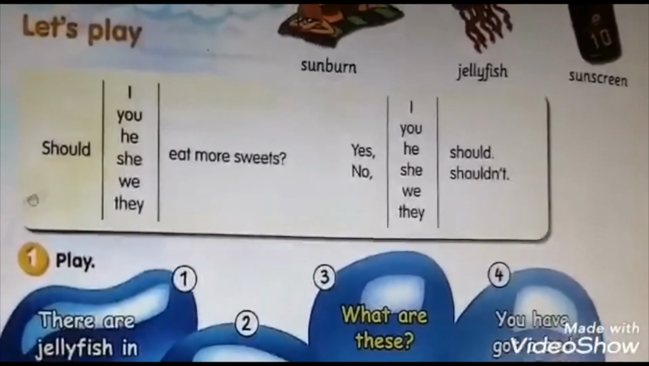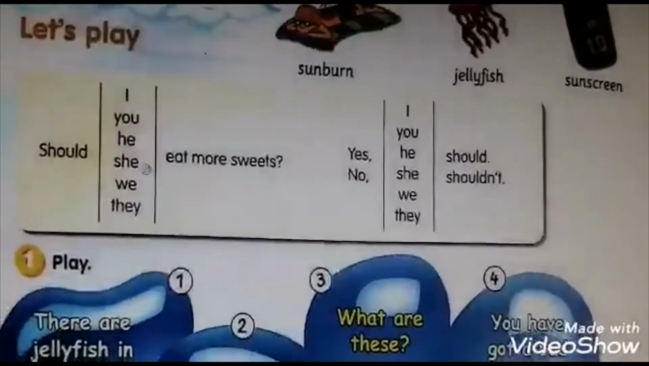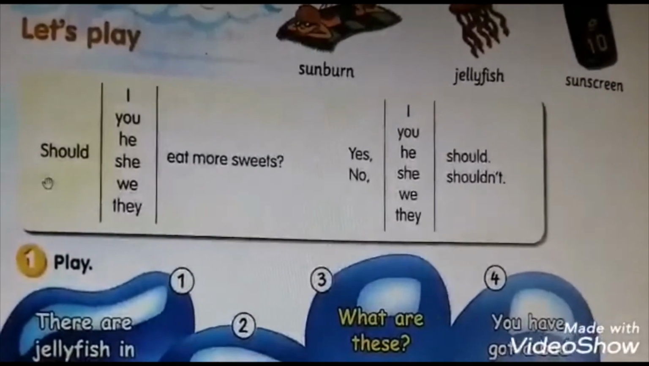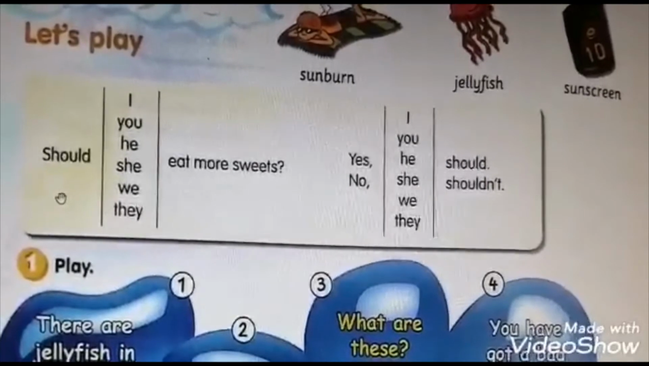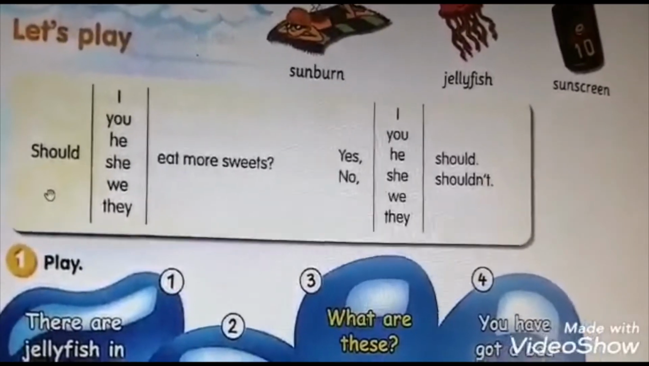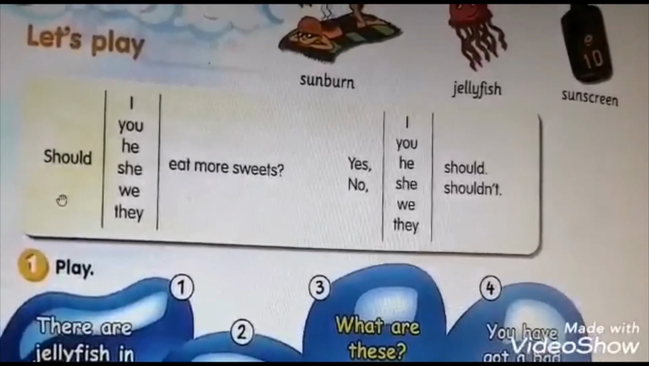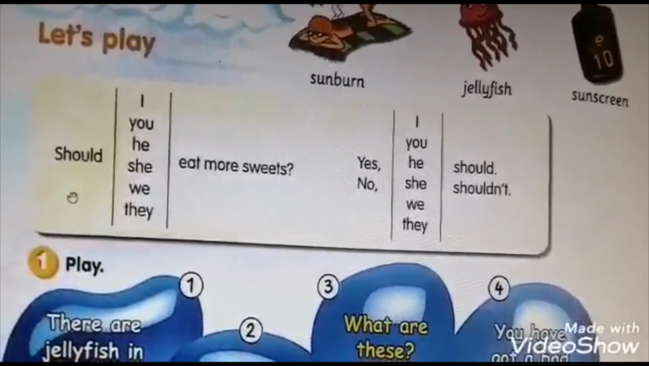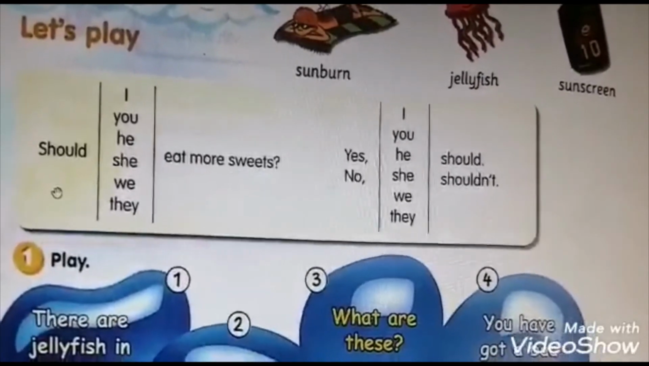So let's have a look at the grammar box. Read after me. Should you eat more sweets? As you can see the formation of this structure, this is interrogative. As you know, in the previous lesson we learnt about the positive form, like when we use should to give someone advice, or when we have some expectations and we want to make some recommendations. An example,